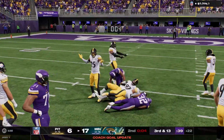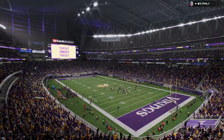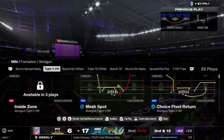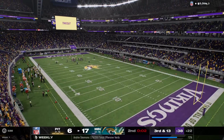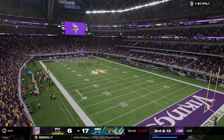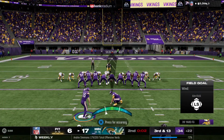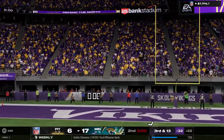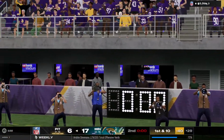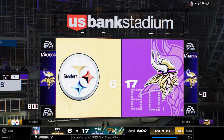Down to about the 22 here. That gets back some of what they needed, but they're still stuck here with a 3rd and 13. And we're going to get a timeout with 2 seconds remaining in the second quarter. So with 2 ticks left here in the half, on is the field goal unit. He connected on his first. This time it's 39 yards away. And that is no good. No good. Wide to the left. So we've hit intermission. It's halftime. This is the NFL, and it's a presentation